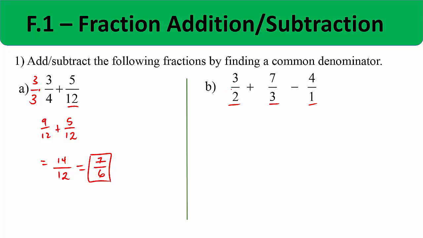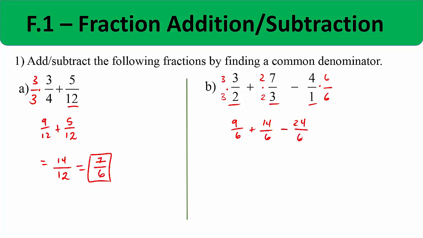So if we want to make the denominator 6 here, we multiply by 3 on the top and the bottom. We multiply this one by 2 on the top and bottom. And this one here we multiply by 6 on the top and the bottom. So we end up with 9/6 plus 14/6, then minus